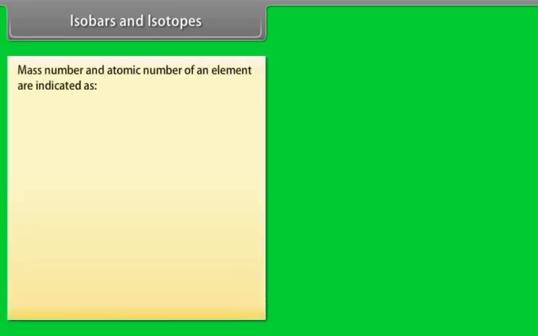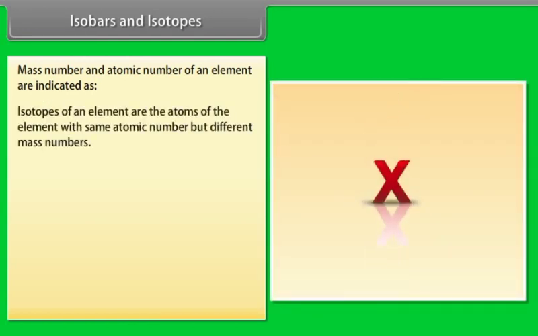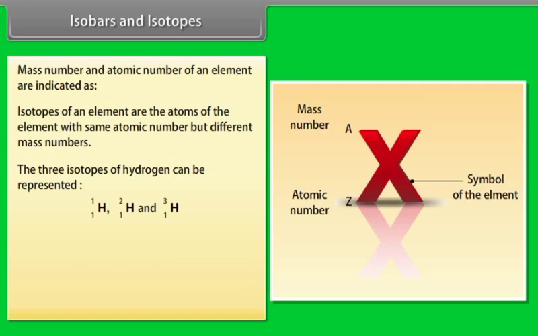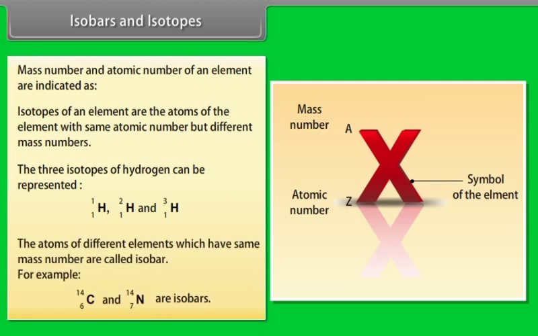Isobars and isotopes. Mass number and atomic number of an element are indicated as shown. Isotopes of an element are the atoms of the element with same atomic number but different mass numbers. The three isotopes of hydrogen can be represented. The atoms of different elements which have same mass number are called isobars. For example,